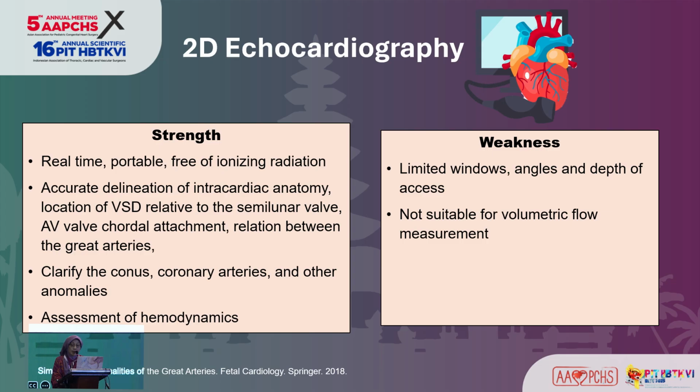It assesses the relationship between the great arteries. Echocardiography can also clarify the anatomy of the subaortic and subpulmonary conus, which is important for planning surgical connection. Furthermore, it can help identify the aortic origin of the coronary artery and any additional abnormalities, and allow for the assessment of the associated hemodynamics. Artifacts created by previous chest surgery may also contribute to a poor acoustic window, and additionally, accurate evaluation of artery size and function is often not possible.